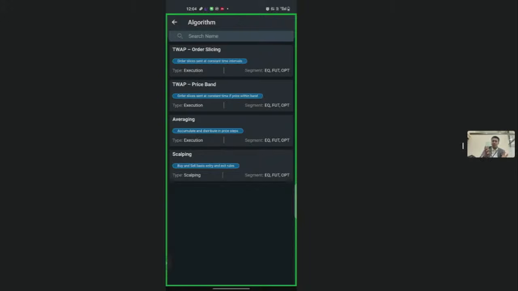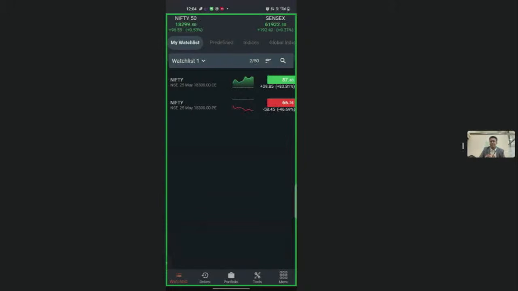You could go to this through the watch list itself. Let's say, Kashish, you go to the watch list and we're looking at an options contract. Here you see the markets, the calls and the puts. We've added 18,300 calls and 18,300 puts on the watch list. Let's say I feel that the markets have run up and there could be certain correction. This is an intraday trade we're taking, and I'm sure you look at the charts to trade that. So, let's just get started. Kashish, if you just click on the 18,300 put options,